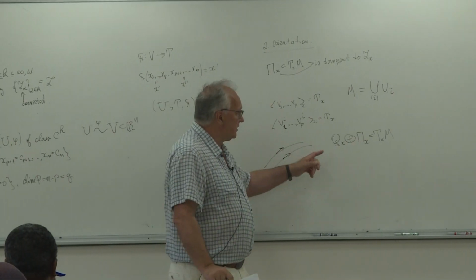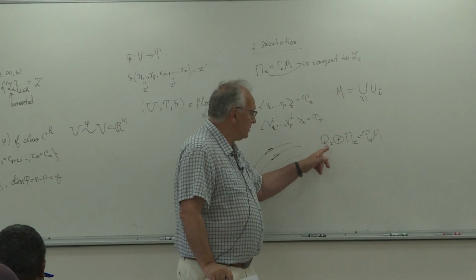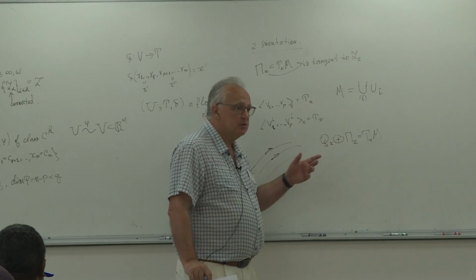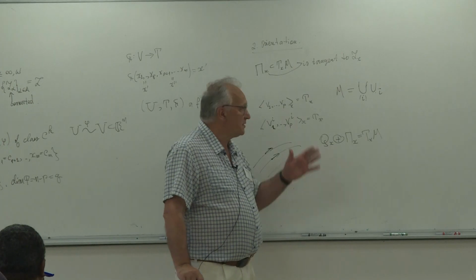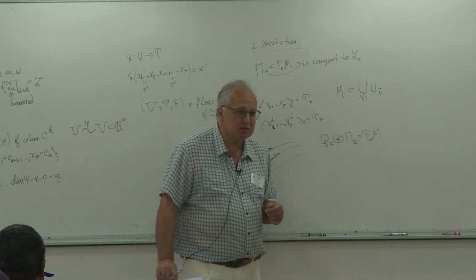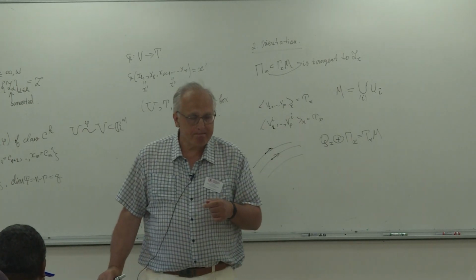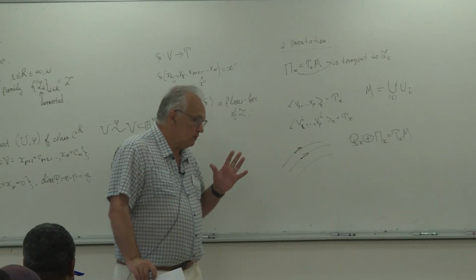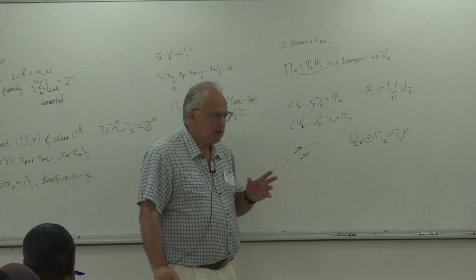But the point is that if you can orient this distribution continuously, then you say that your foliation is transversally orientable. Now, we can forget about that